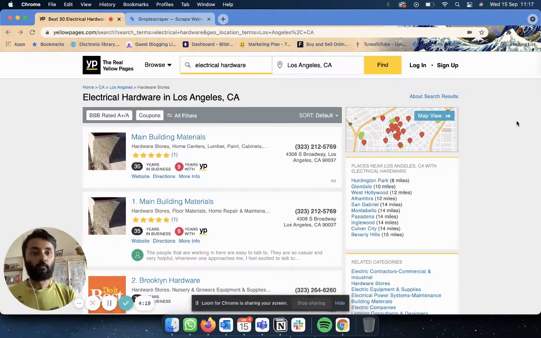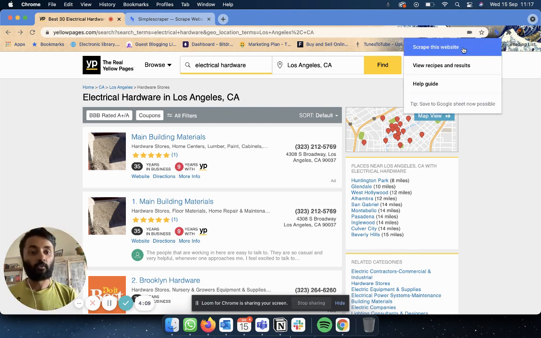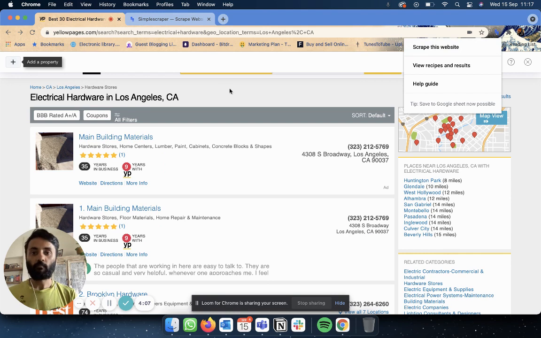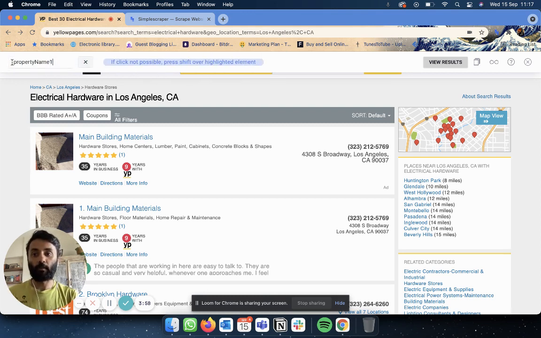Okay, so Simple Scraper is a Google Chrome plugin. So I have installed the Google Chrome plugin, and over here you can see that the logo is there. I'm going to click on that. I'm going to say scrape this website, and then this toolbar comes up on top, which allows me to scrape the website. Now in order to scrape the website, first I have to start by clicking on add a property,